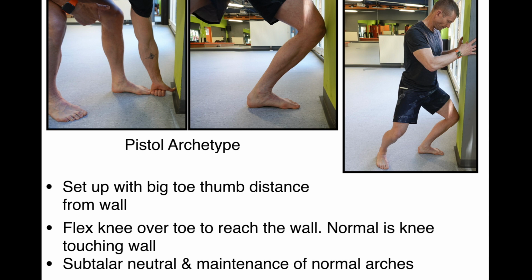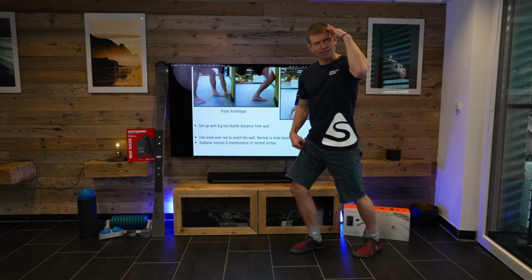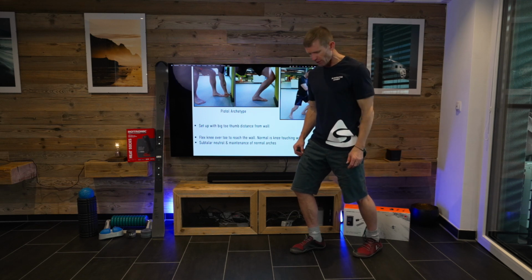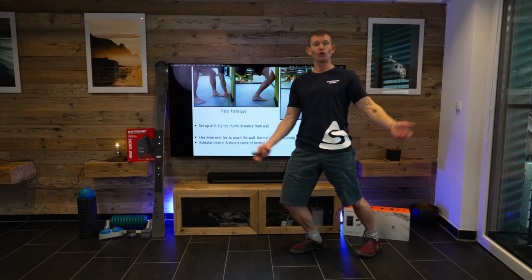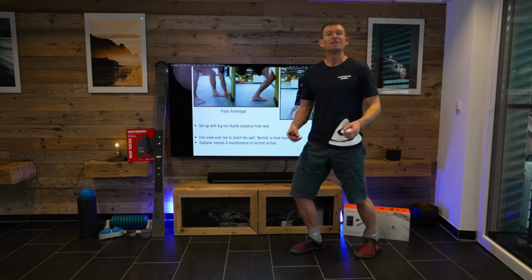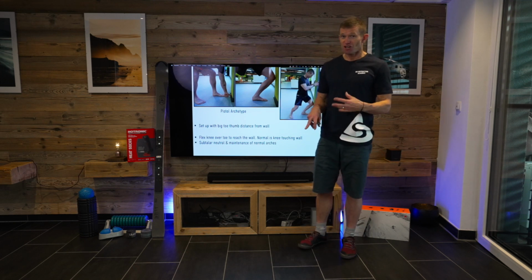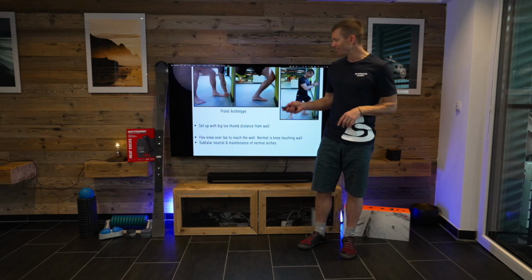Now, what people will do though when they do this test, and you'll see them, is they'll come forward, they'll not reach the wall, and the brain will think, hang on, the target is to reach the wall. He said get to the wall with your knee. All right, okay, I'll just collapse in, pronate, and just slam my knee forward. Hey, I've got loads of range of movement. The body has a way around things, and that actually is not going to damage your Achilles tendon or anything, but it's certainly not going to do you any good.